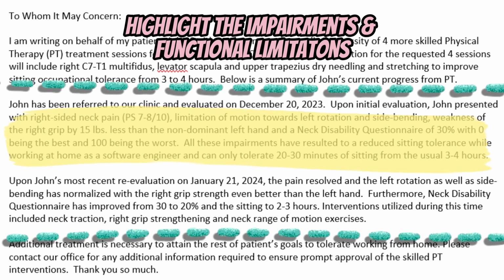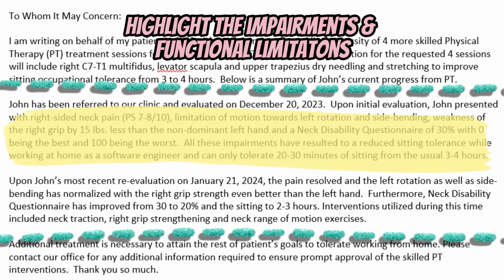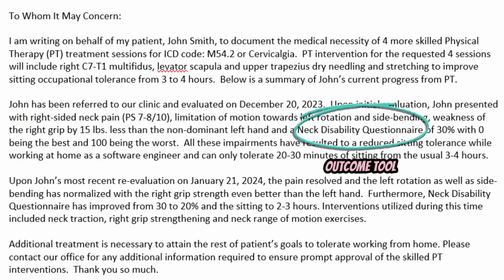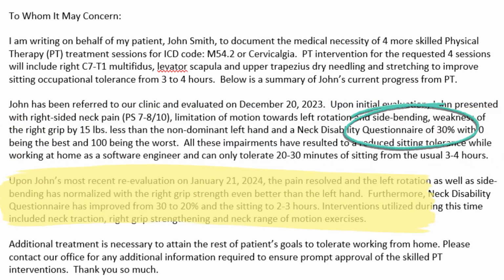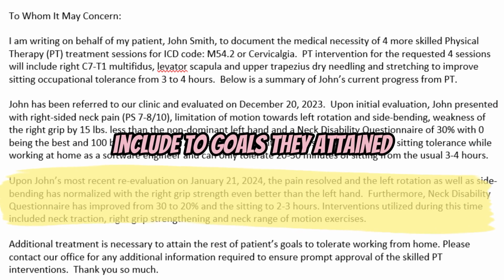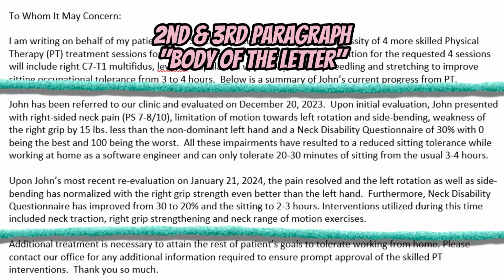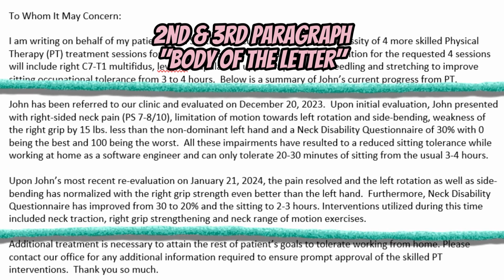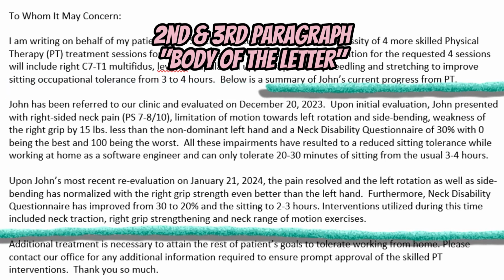Here you want to highlight the impairments and functional limitations identified during the initial evaluation, along with a selected outcome tool. If your patient has multiple problems, then you do want to highlight the ones that they have attained. The body of the paragraph should be written like this. John has been referred to our clinic and evaluated on December 20, 2023. Upon initial evaluation, John presented with right-sided neck pain of 7 to 8 over 10, limitation of motion towards left